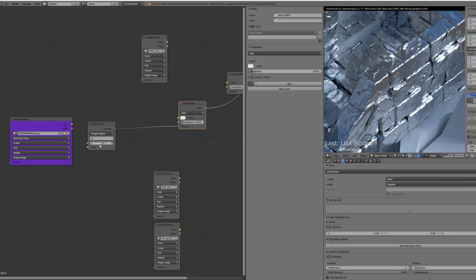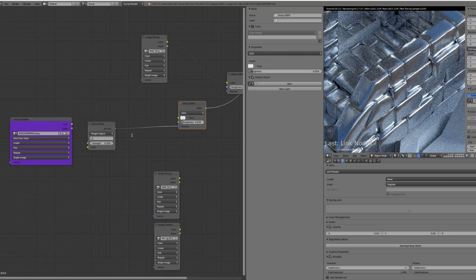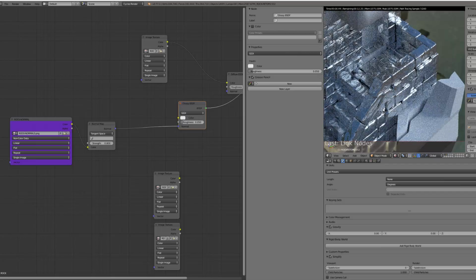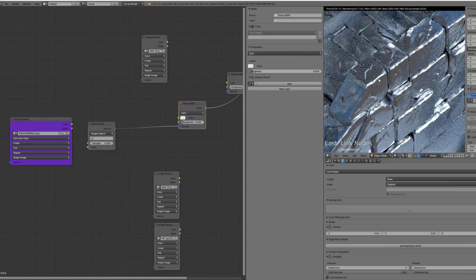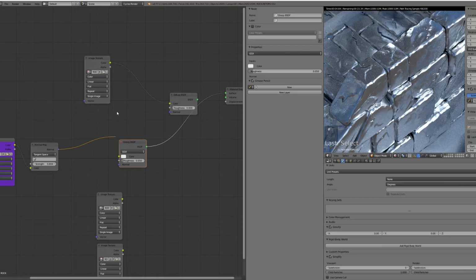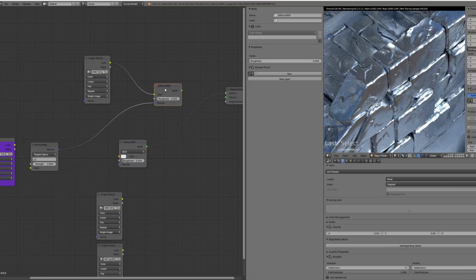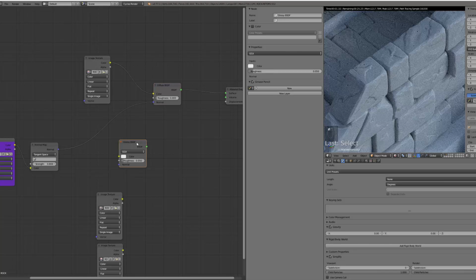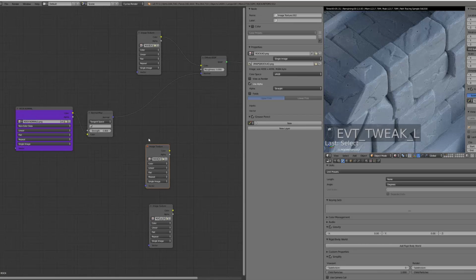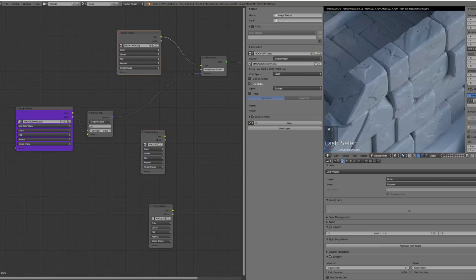We can then change the influence from 0 to whatever we want. So let's try 0.8 for example, for a more subtle result. And here we are with our sculpting normals. So I can plug this into the diffuse BSDF, and see how it looks. And it looks quite nice here. So this is our dirt map. We can name it